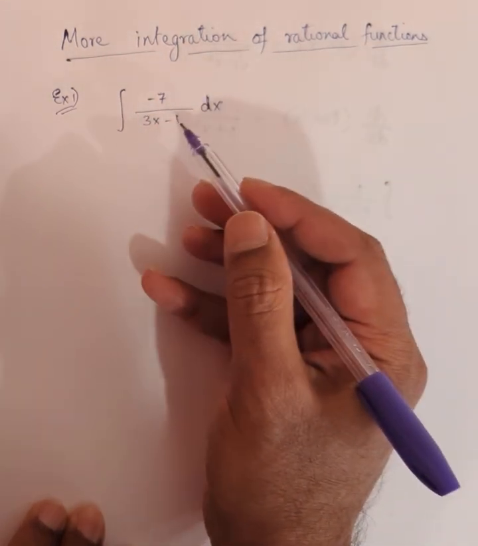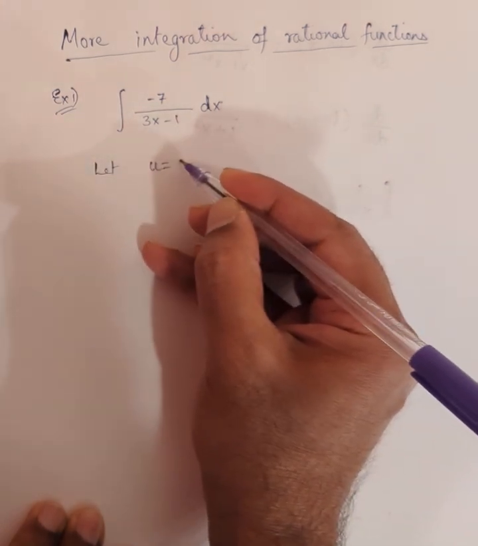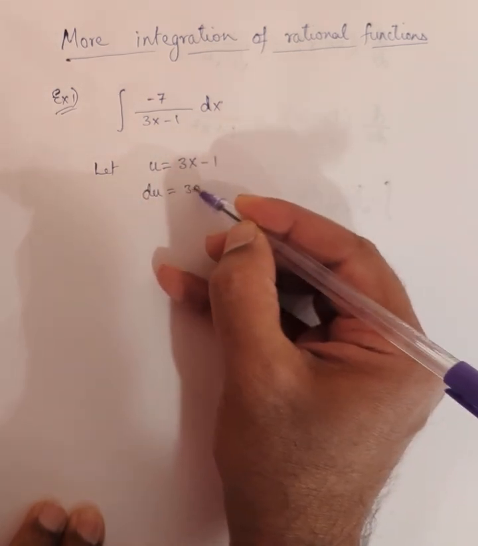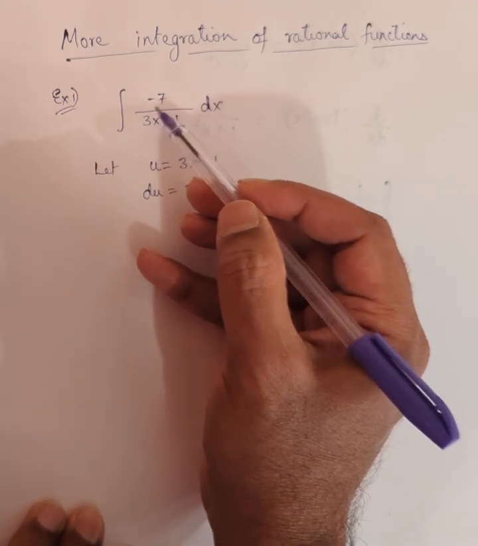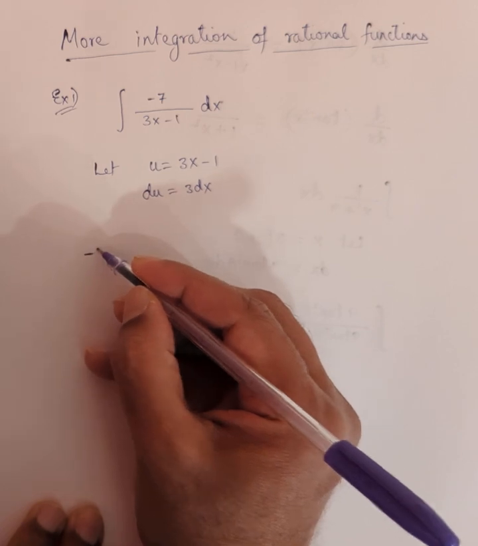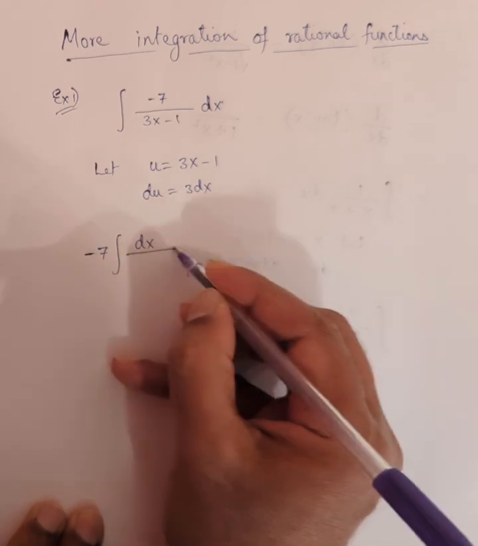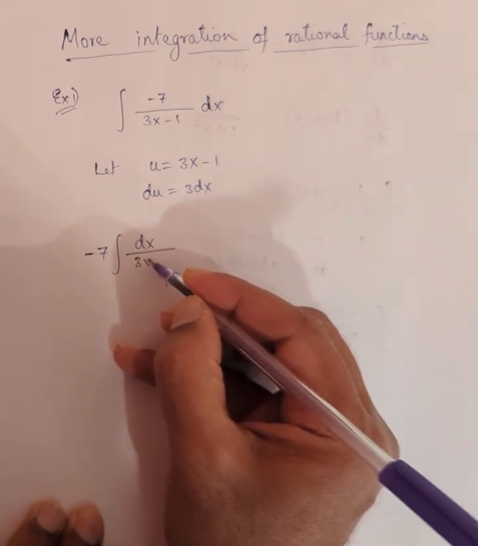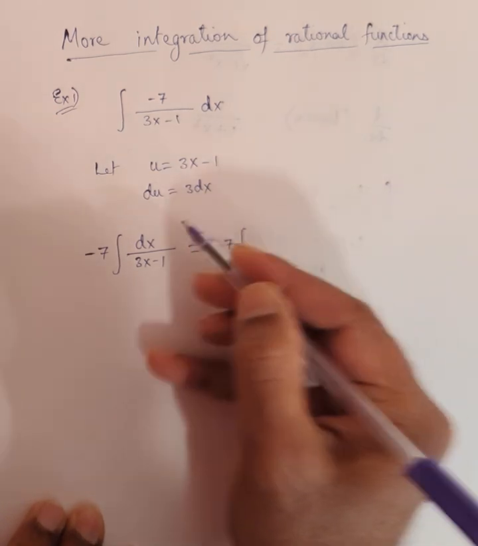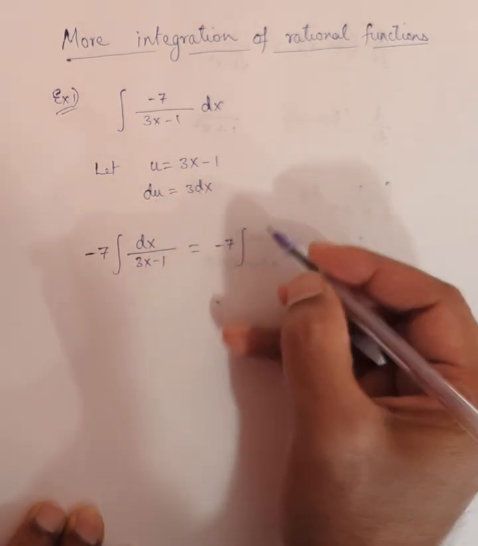Now, something like this can always be integrated by letting the denominator be equal to u. So if u is 3x minus 1, then du is 3 dx. And whatever number you have, you can always pull that outside the integral and write that as -7 times the integral of dx over 3x minus 1, which you can rewrite as -7. Now du is 3 dx, so dx is 1/3 du